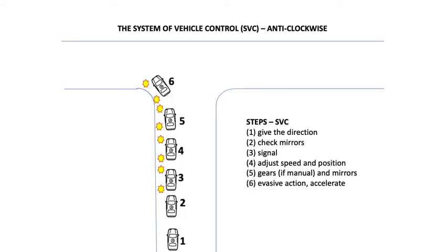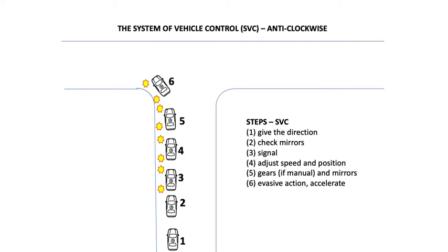Now, the system of vehicle control aims to allow the driver to come down to a T-section, such as the one that we're looking at here, to take a left turn. It's a number of steps that are applied for a given situation so that the learner driver is in the correct position on the road, in the correct gear if manual, and at the correct speed for any given situation. It's applicable in a range of situations, but our example is the left turn.